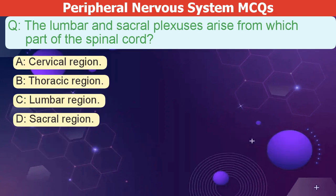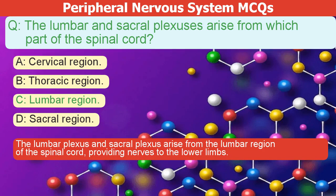The lumbar and sacral plexuses arise from which part of the spinal cord? A. Cervical region. B. Thoracic region. C. Lumbar region. D. Sacral region. The correct answer is C. The lumbar plexus and sacral plexus arise from the lumbar region of the spinal cord, providing nerves to the lower